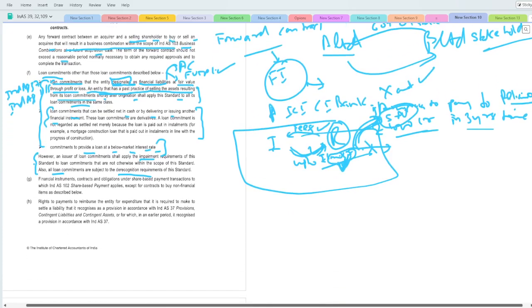Okay, now this financial instrument, the contracts and the obligations under the share-based transaction to which the Ind AS 102 share-based payment applies, except for the contract to buy the non-financial item as described below. तो इसके लिए डेडिकेटेड अकाउंटिंग स्टैंडर्ड है। ये थोड़ा मेरे को भी स्केप्टिकल लगा कि पहले ये फाइनेंशियल इंस्ट्रूमेंट है कैसे,